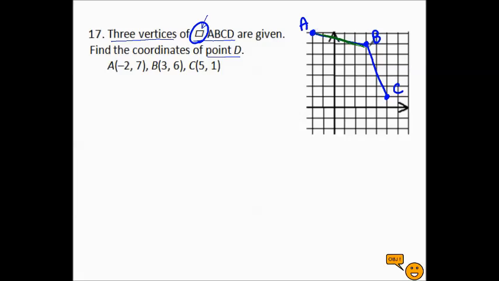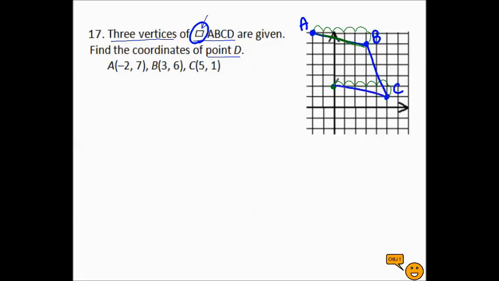From A to B, actually from B to C may be easier. We go up 1 and over. So from B to A, up 1 and over 1, 2, 3, 4, 5. So similarly from C, up 1 and over 1, 2, 3, 4, 5. Just counting in a similar way. So now we can connect